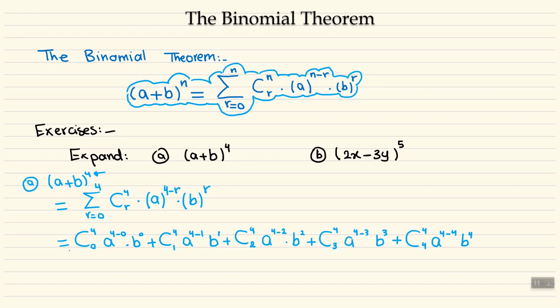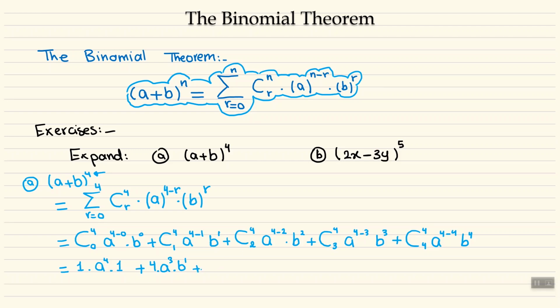Okay, now let's evaluate this. Combination 4, 0. Combination anything 0 is equal to 1, times a to the power of 4 minus 0, which is a to the power of 4, times b to the power of 0. Anything to the power of 0 is equal to 1. So that's the first term. Plus combination 4, 1. Combination of anything 1 is equal to itself. So it's 4 times a to the power of 3 times b to the power of 1, plus combination